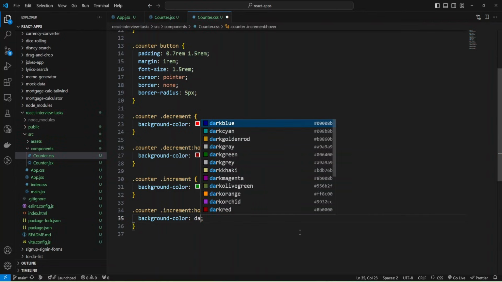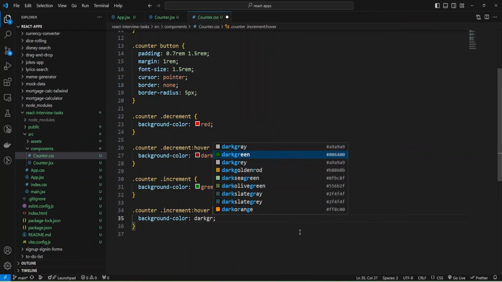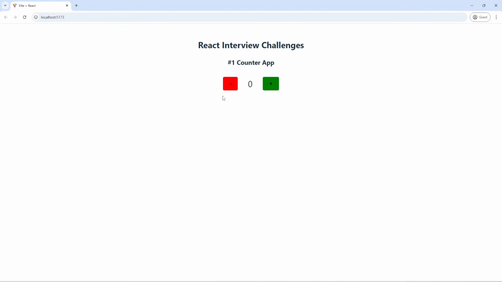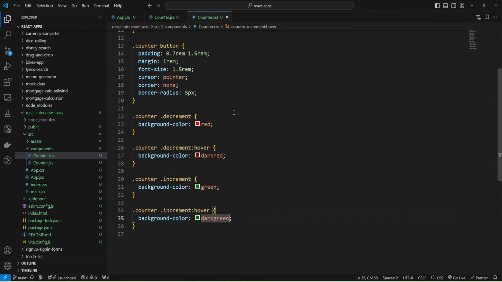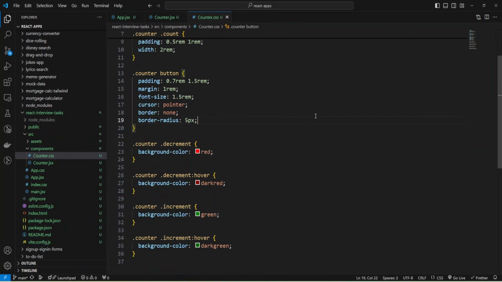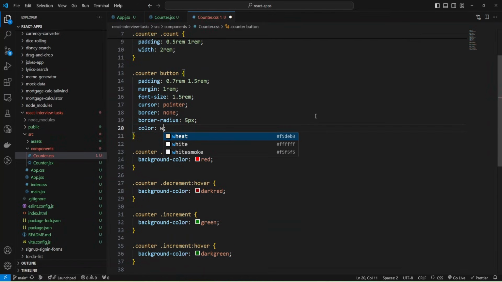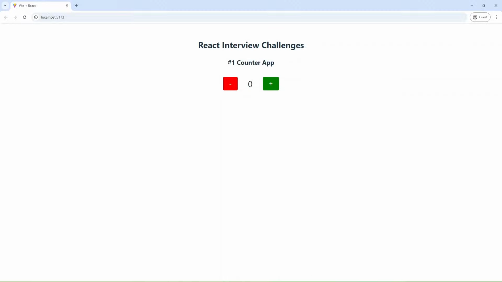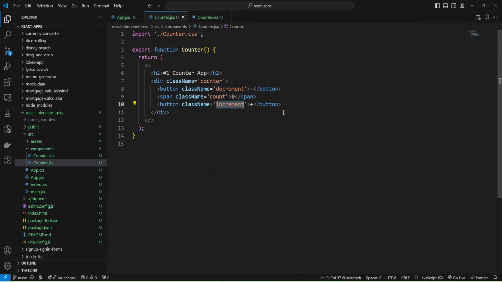we'll make dark green. Okay, and let's check. And as you can see, we have our colors, and when I hover over the button, the color is changing. And also we can place color, apply color white. Okay. And now we can implement our React code, and often you need only implement React code and some JSX and styles